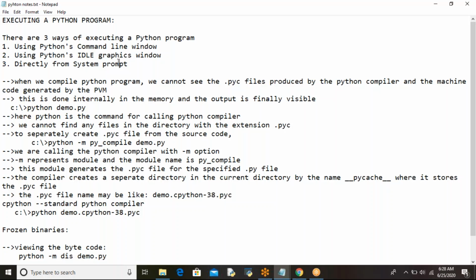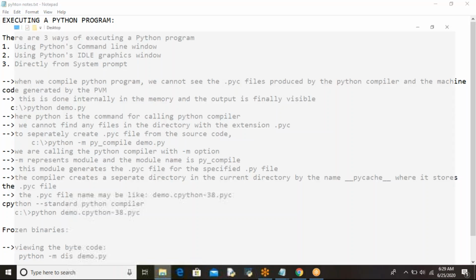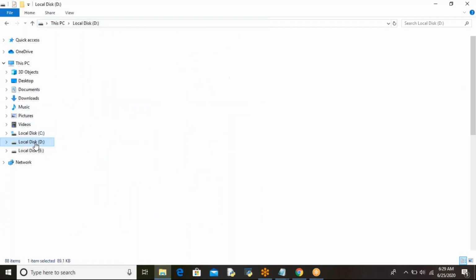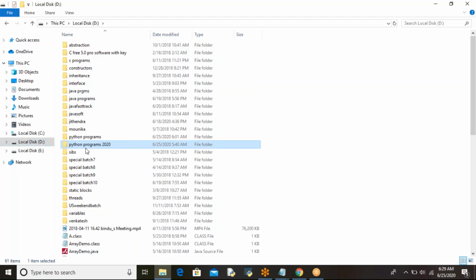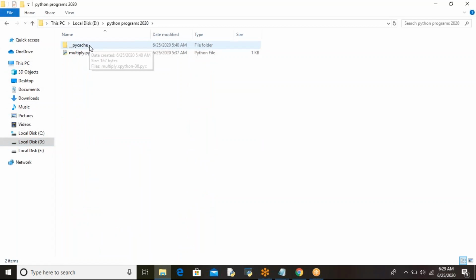And how we verify whether the file is saved in the folder or not, and whether the compiled .pyc files are formed or not. If they are not formed, how to separately create .pyc files, and how the PyCache folder is created, I'll show you now. I already did this and it contains a PyCache folder, but now I'll remove that, no problem. So I will delete it.